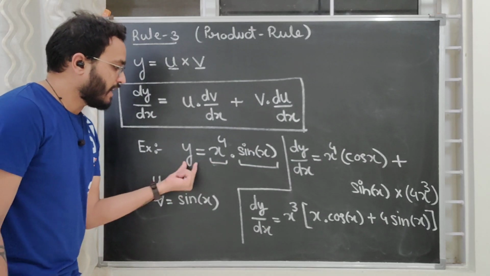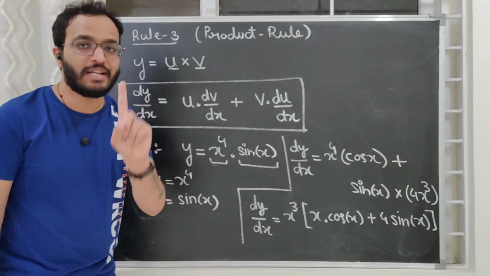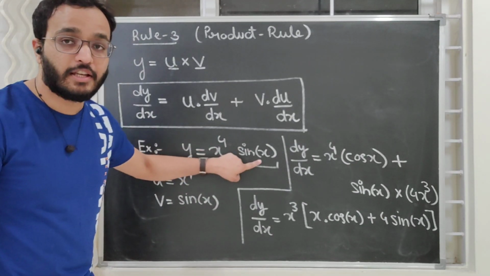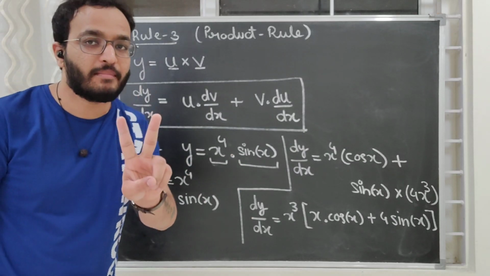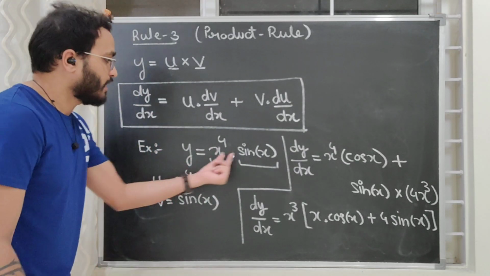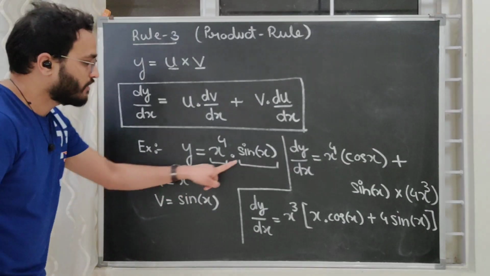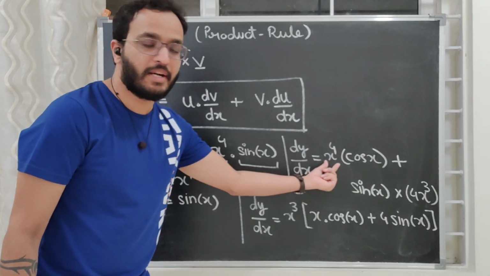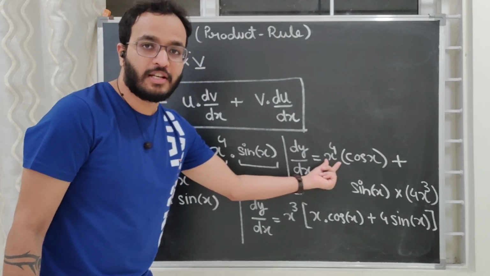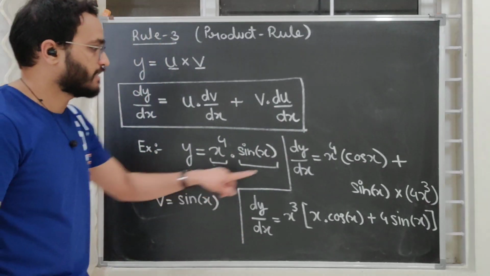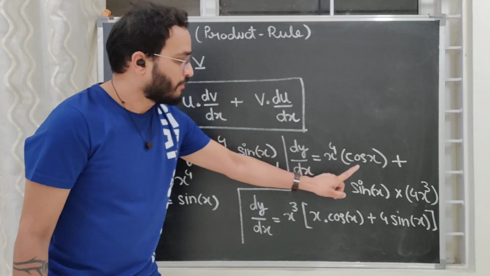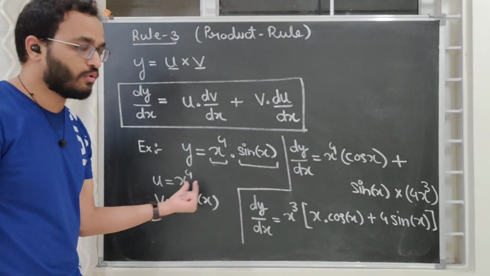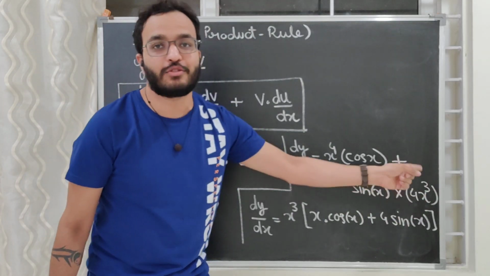Now, here y is equal to x to the power 4 into sin x. You can clearly see that this is an algebraic function and this is a trigonometric function. So these are two different mathematical functions depending upon x. So this we can treat as u, this we can treat as v, and then when we start differentiating dy by dx, we will keep u as a constant and differentiate v. What is v here? Sin x. Derivative of sin x will become cos x. Plus, now we will keep v, that is sin x, outside and differentiate u, that is x to the power 4. What will it become? It will become 4x to the power 3.